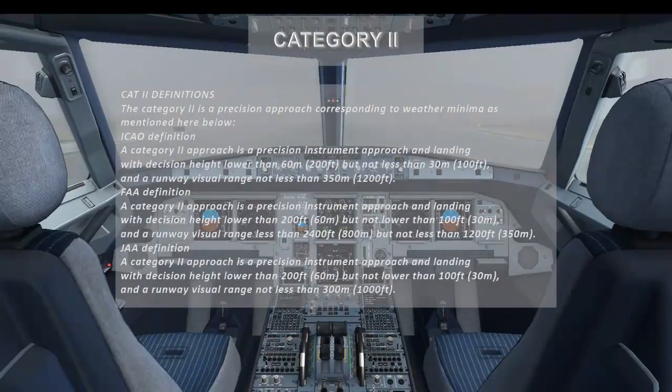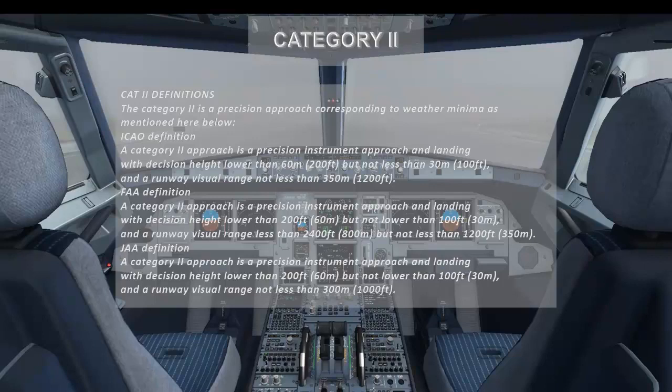Cat 2 definitions. The Category 2 is a precision approach corresponding to weather minima as mentioned here below. ICAO definition. A Category 2 approach is a precision instrument approach and landing with decision height lower than 60 meters, 200 feet, but not less than 30 meters, 100 feet, and a runway visual range not less than 350 meters,